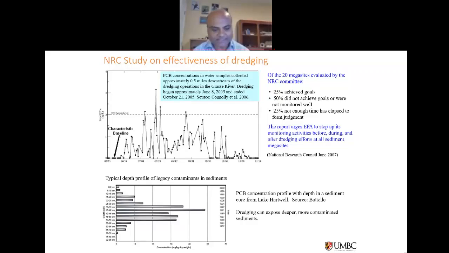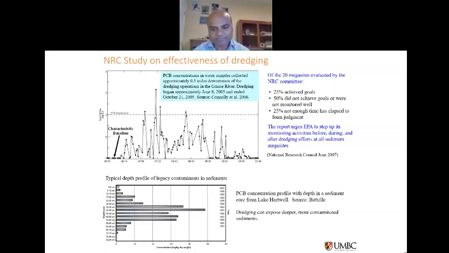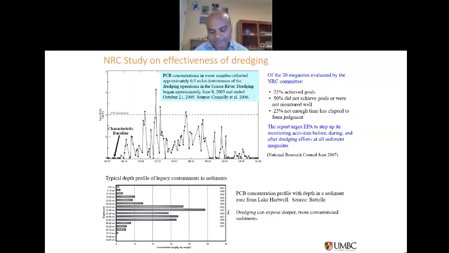So these megasites are large sites that took more than $50 million to clean up. And what they found was that 50% of those sites that underwent the cleanup with removing the sediments didn't achieve the goals. And that was kind of sad after all that expense, that wasn't quite effective in achieving the risk reduction goal. And at the bottom of that story is the fact that when we try to remove sediments, we create a lot of disruption.